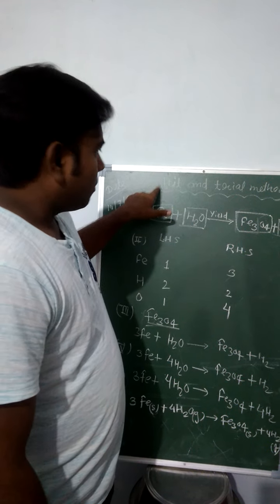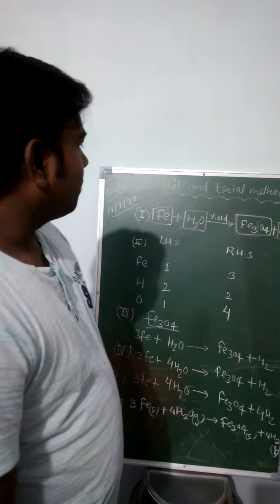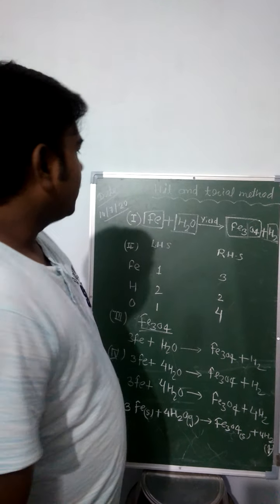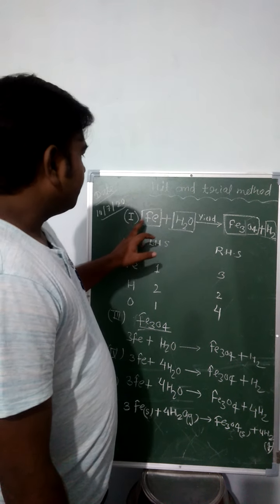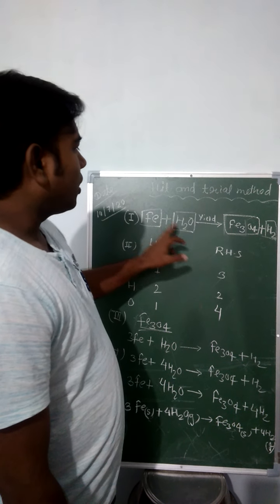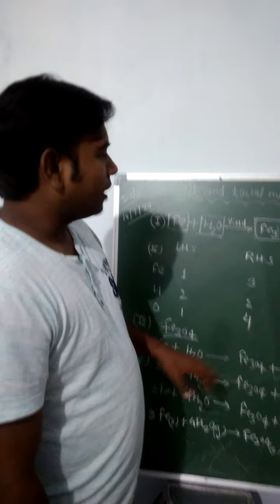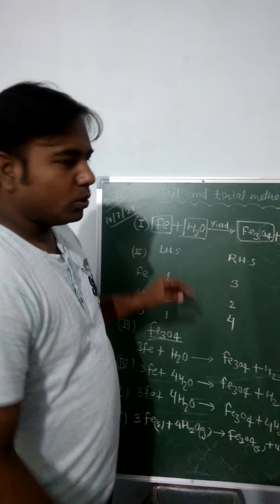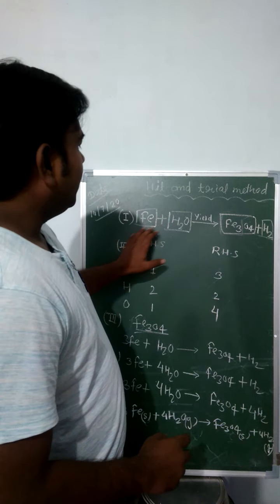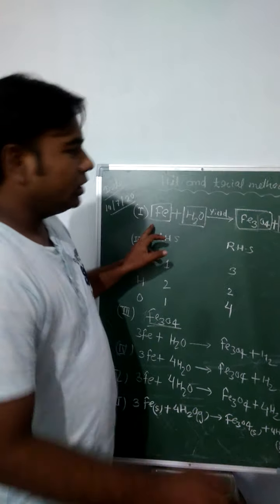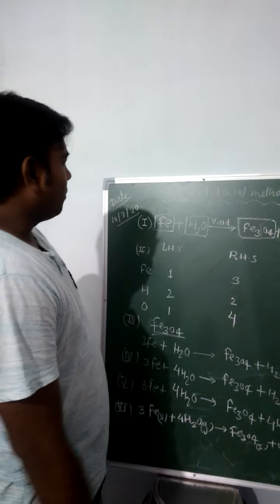First, before explaining this method, we are taking one example. Through this example, you can easily understand. The first rule of this method is to make boxes around the elements and compounds present in a chemical equation. It is one of the easiest rules. Make boxes around the elements and compounds. You can see here I made the boxes around the elements and compounds.